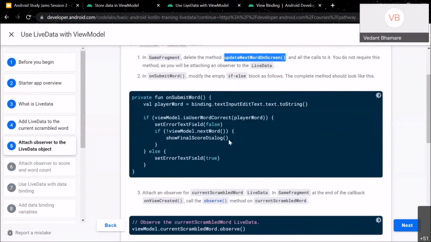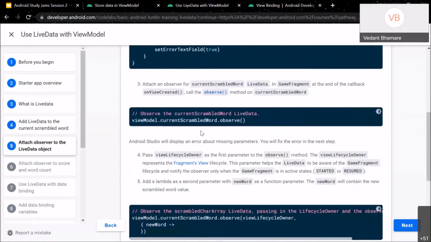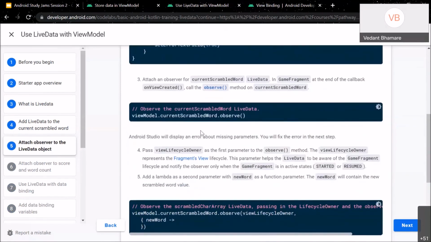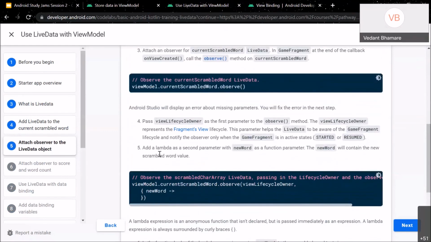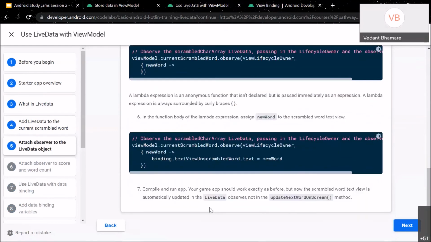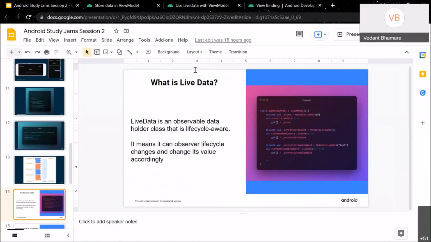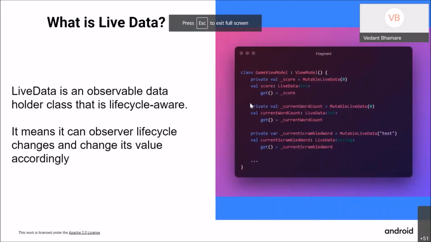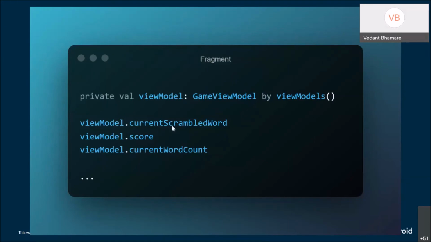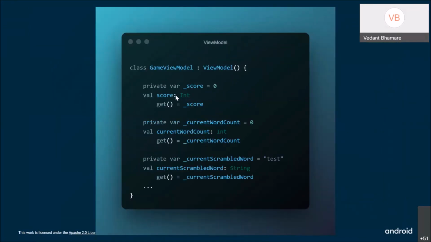If you make it live data, it would directly observe the value. So I'll first tell you how you can write the code with live data. Okay, so in the view model, you would have to make these changes. Whatever we were defining like this, right? We were only giving them a data type. If it is int, then we were giving int, and string like that.